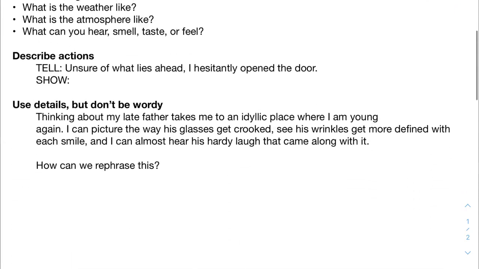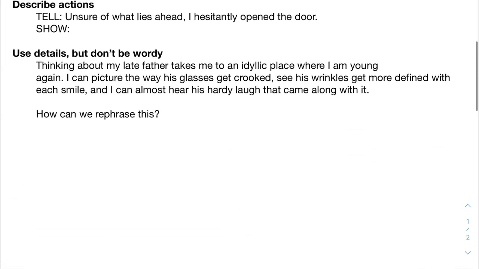And let's move forward to describing actions. So our tell example is, "Unsure of what lies ahead, I hesitantly opened the door." Your action is opening the door. So in order to show this, what can we say to our audience? How about,